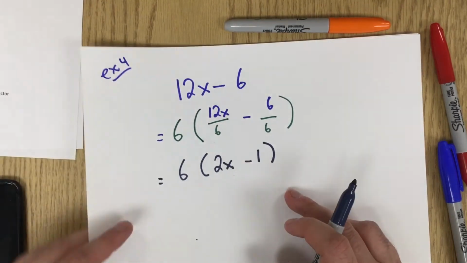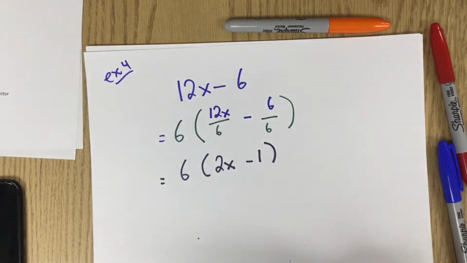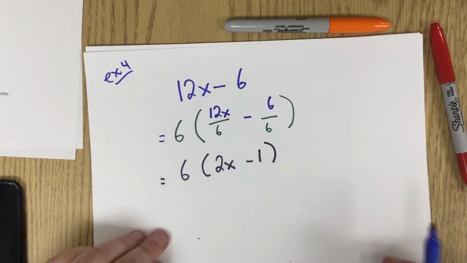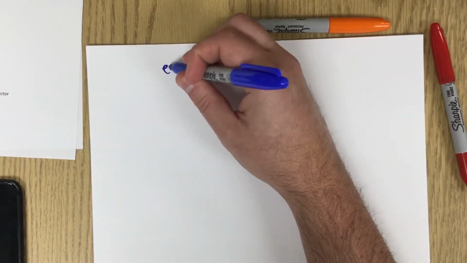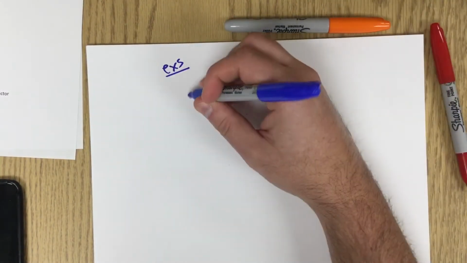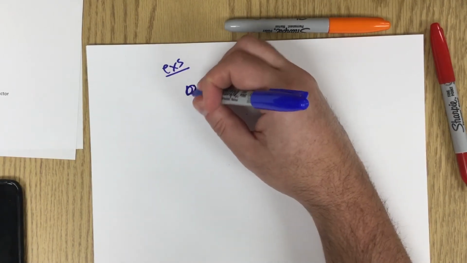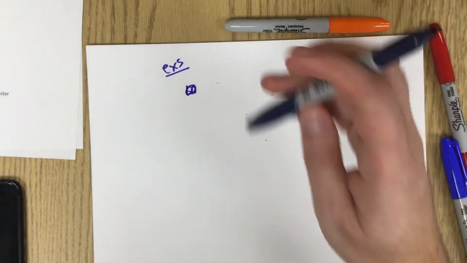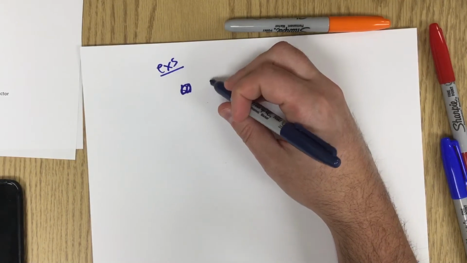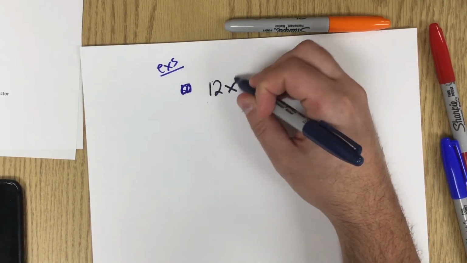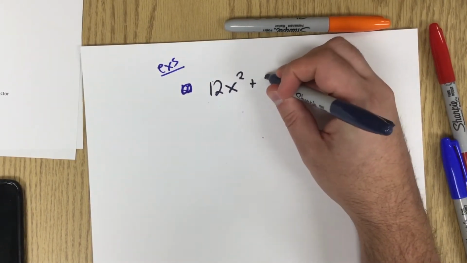I paused because I realized I was trying to do something, but it didn't work out the way I was hoping. I made a mistake. Let's see if anyone can figure out what that mistake was. Let's say we had, sorry, wrong way. 12x squared plus